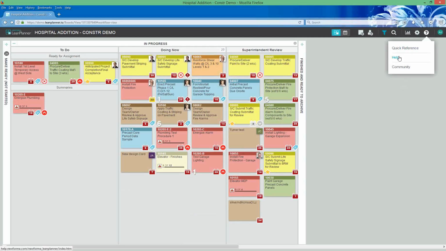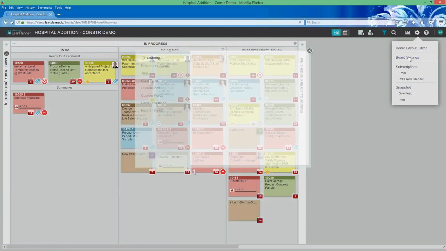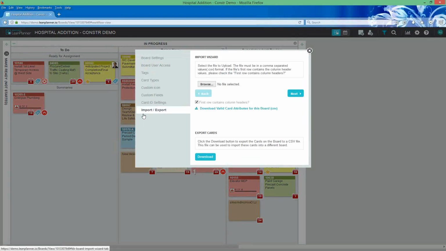It is a separate. So it doesn't interface then. Not directly. What you could do is use the import-export ability here, and you can just import and export CSV files.